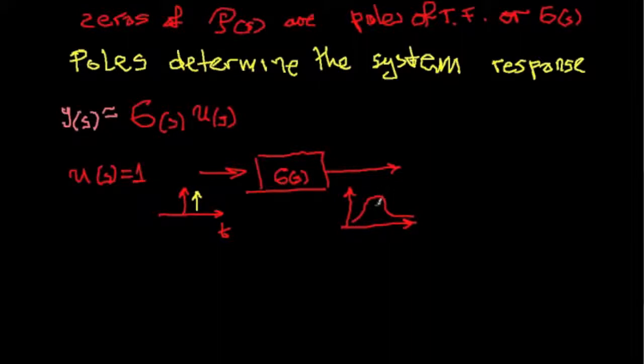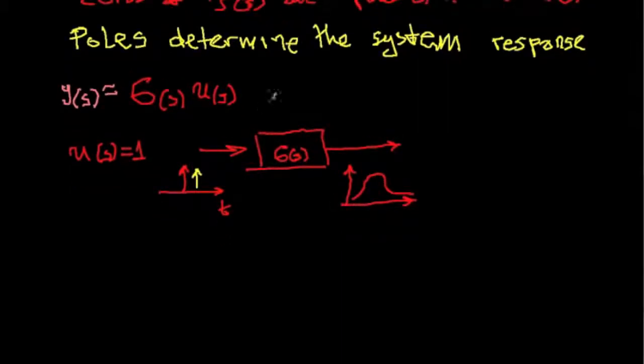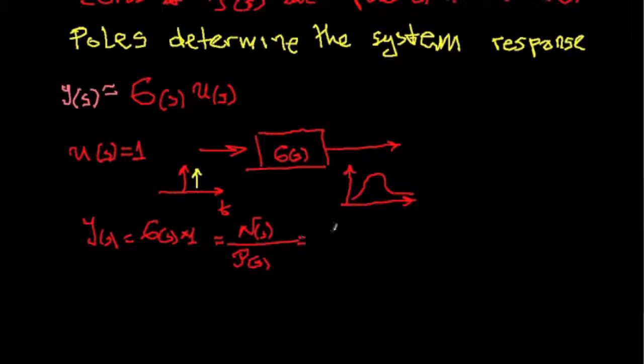Okay, and it will be determined by the evolution obtained by factoring the poles. Let us demonstrate this. So y of s is G of s multiplied by 1, and that's n of s over p of s, and since